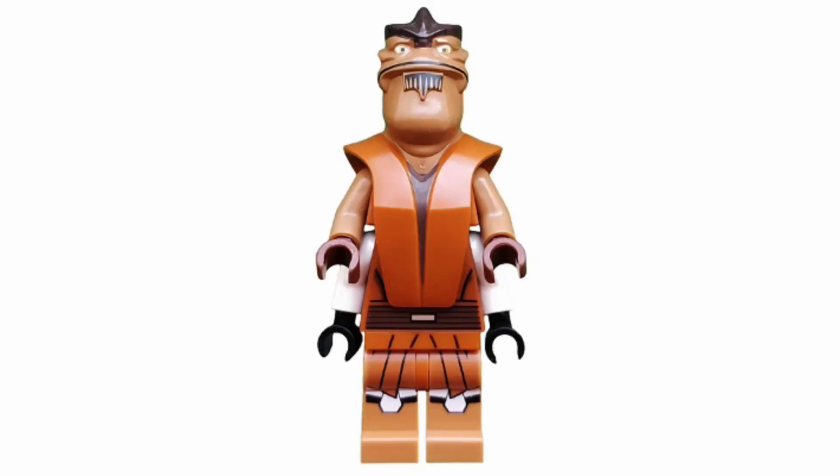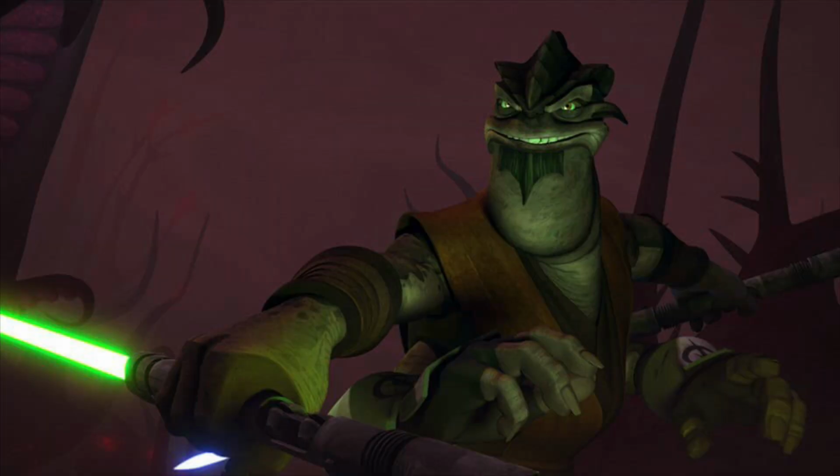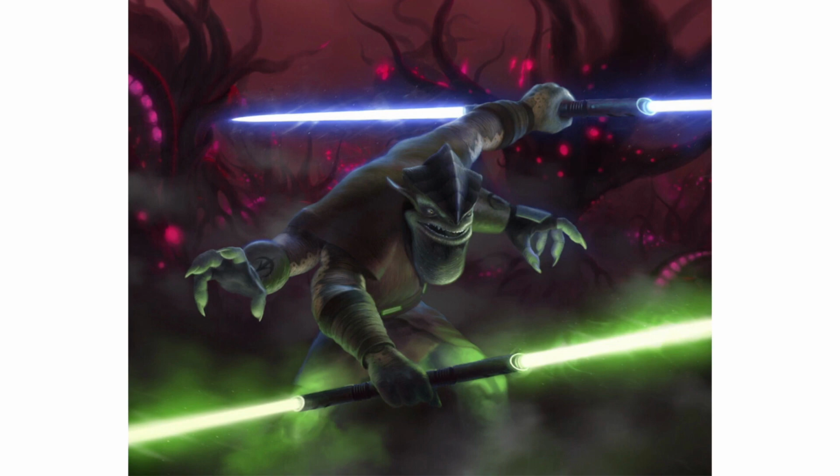Alright, enough with the participation awards. We're moving on to the podium winners. In the number 3 spot, we have Ponkrell, who I would consider to be one of the biggest waste of a character situations in the entire Clone Wars show. I really wish he was featured in more episodes besides just being a throwaway leader in the Umbara arc, but